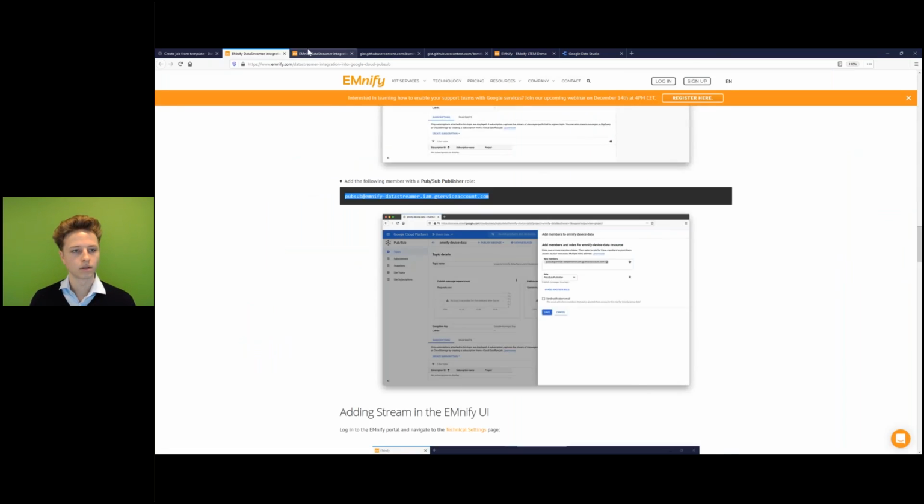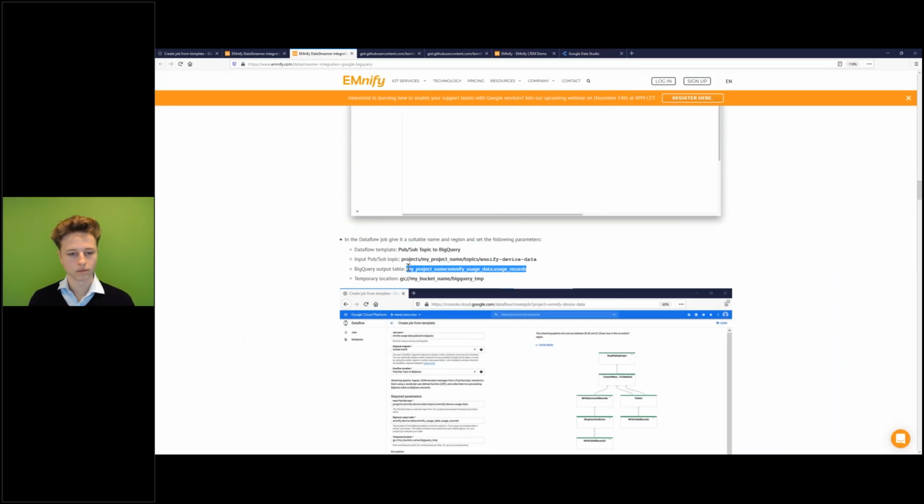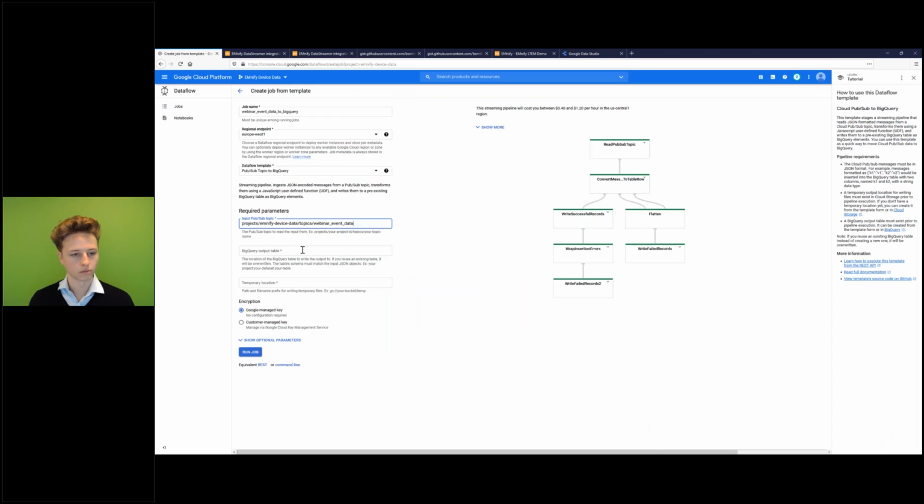That looks good. Now we will copy this into the BigQuery output table field and replace all of the parameters. The data set for event data was called webinar event data, and the table is called event records.